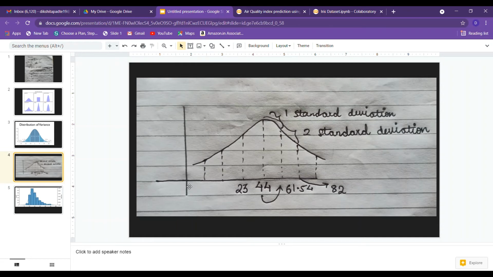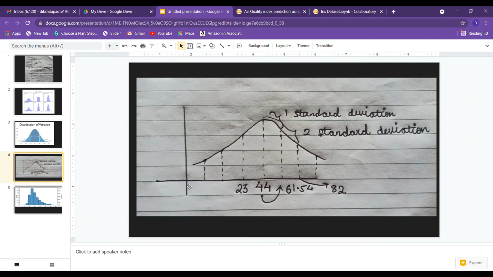And variance is basically the measure of dispersion, or how far a set of numbers is spread from the average value. It helps us find out the spread of the values within the data distribution, like how much your data is spread or how much it deviates from the average value.